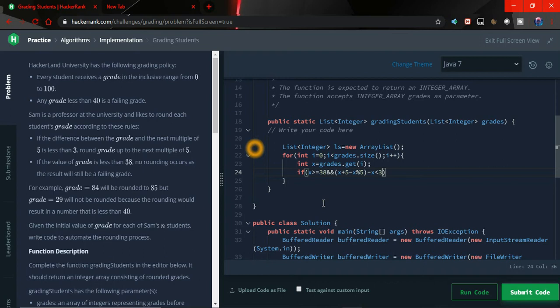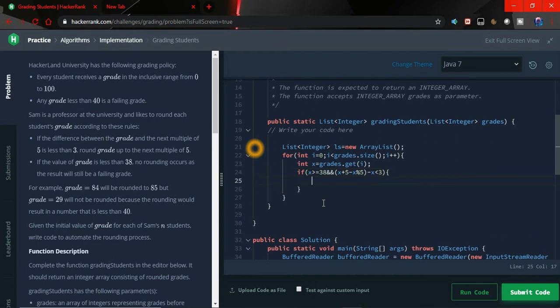So let's write that. We can add into the new list, ls.add. What we are going to add is this next multiple of 5, which is x plus 5 minus x mod 5.